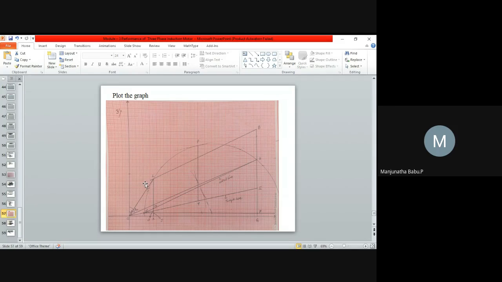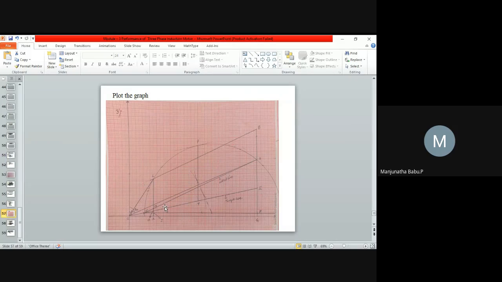Now from the output line, extend the output line parallelly and draw a line from A to the end of the circle towards the left. Where the circle crosses, that is bisects, there you mark that point as L. Now draw a vertical line, a perpendicular line to the x-axis from point L, which bisects the torque line, output line, x-axis line, and the line parallel to the x-axis. Now mark the points as K on the x-axis line, J on the parallel line, N on the torque line, M on the output line.